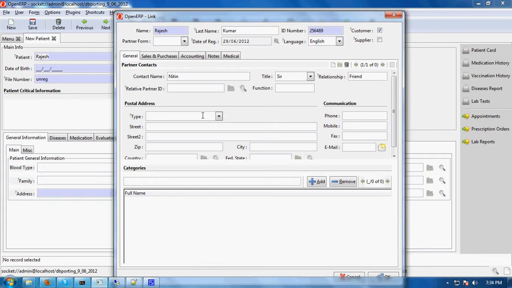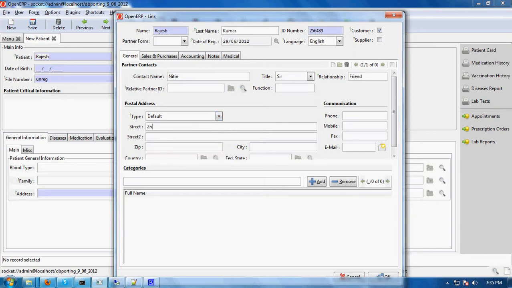In the postal address, you can see types. In the types, many different options are there: default, invoice, delivery, contact, others. So you have to choose default because default is applicable for invoice, for delivery, and also for contact. That's why we choose default.